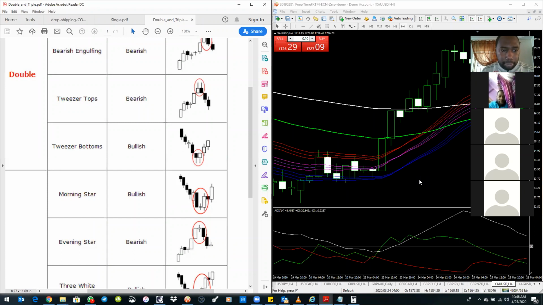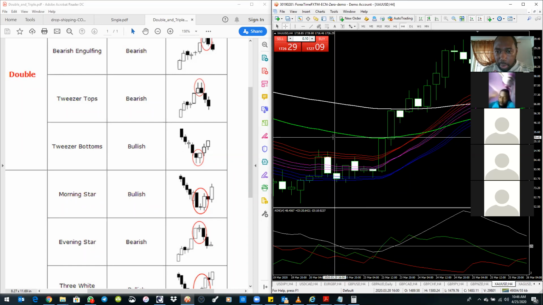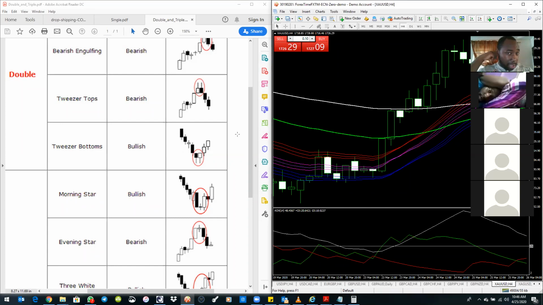Like this candle, can you see my screen? Yes, I can. This one that my mouse is on right now is a bullish candle, where this white one is a bearish candle. Okay. So the next one that we have now is